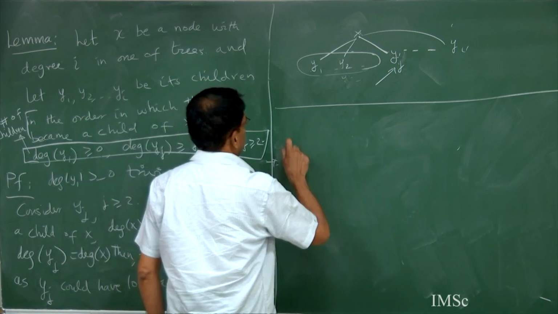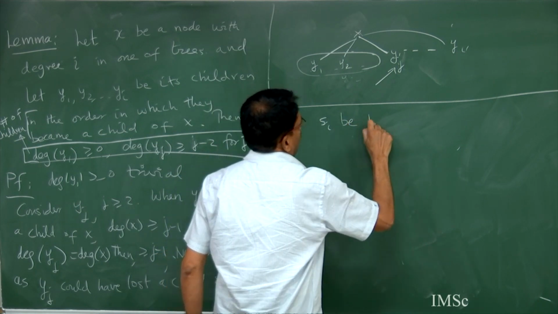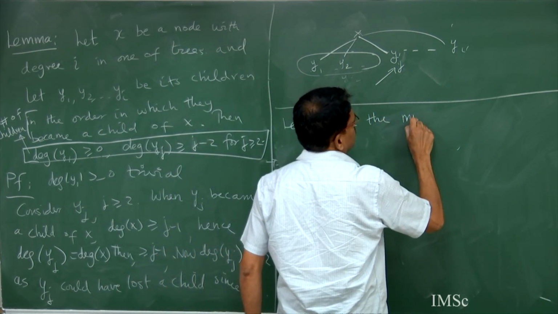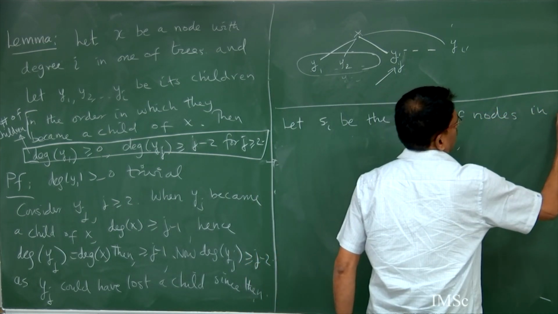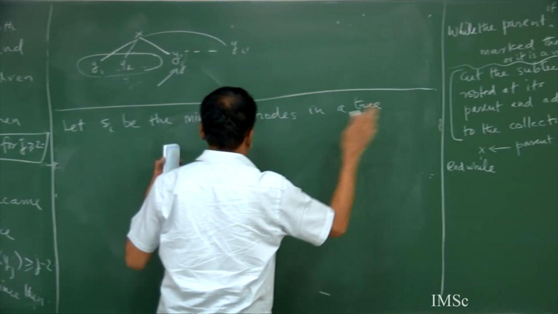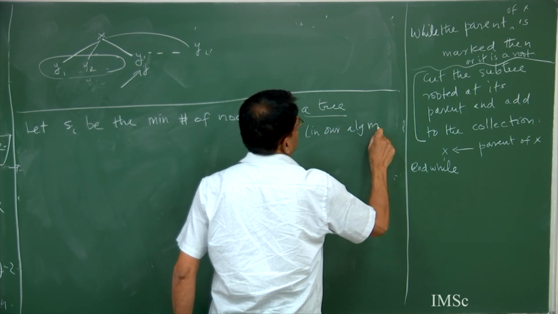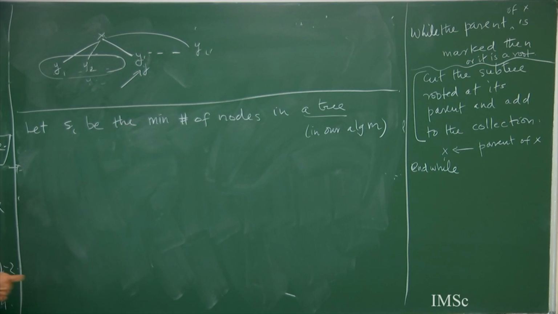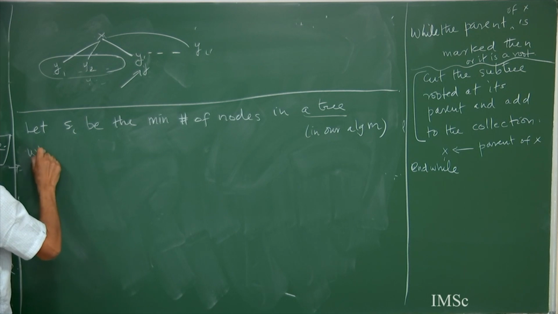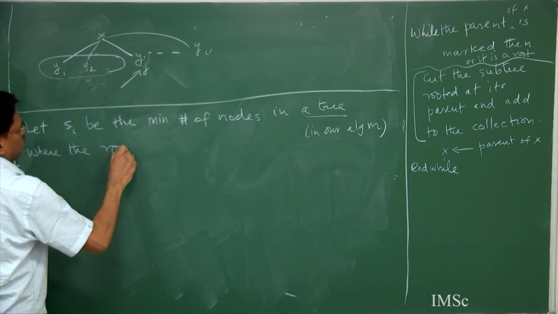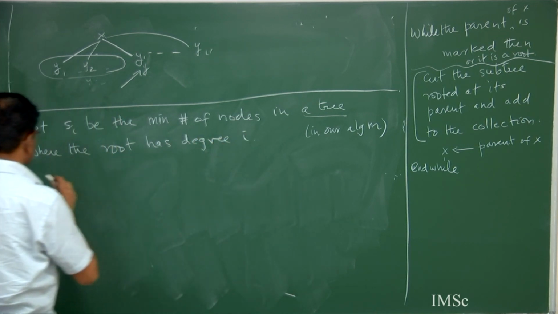So the claim: let Si be the minimum number of nodes in a tree in our algorithm. What is this tree? Whatever tree we obtain through this process of insert, delete min, and decrease key. Then we claim,